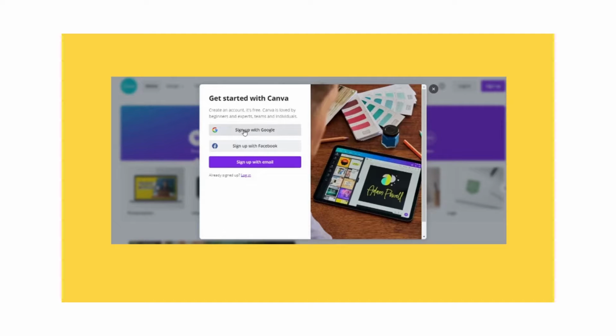You can also use Google to sign up. You can also use your Gmail account. So it should not take you a long time. Between 1 to 5 minutes, you should be able to have your Canva account. Then from there, you will learn how to create the different designs. Now once you've logged into your Canva account,